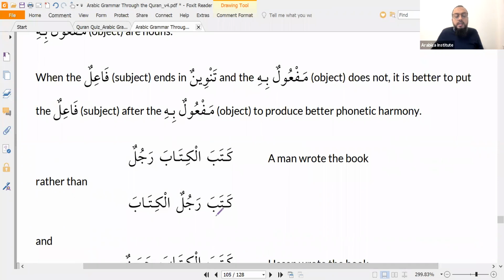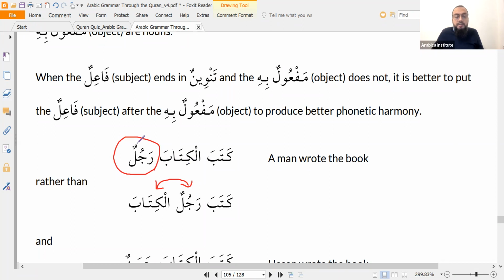So instead of saying كتب رجل الكتاب, can you see here? You have to either stop كتب رجل الكتاب, or you have to do something quite wonderful, which is add an extra noun here and say كتب رجل الكتاب, which is a bit extra, it's a bit mealy mouthed. Yeah. But to avoid that, we can simply switch these two, and then you get the harmony. كتب الكتاب رجل. So you put the fa'il now at the end, particularly when it's indefinite, yeah, for stylistic reasons.